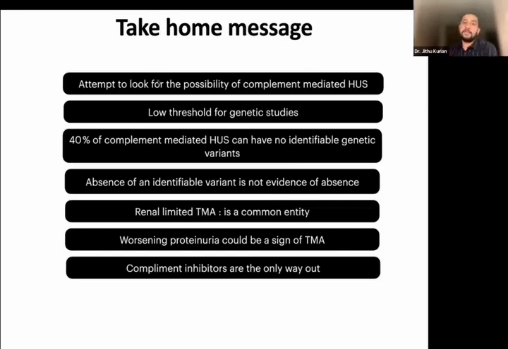So the take-home message here is that we need to look for the possibility of complement-mediated HUS in many malignant hypertension-induced TMA. We need to have a low threshold for genetic studies, and 40% of complement-mediated HUS have no identifiable genetic variants. The absence of an identifiable variant is not evidence of absence, and hence we need to look out for it. Renal-limited TMA is a very common entity, and we need to look out for the same. Worsening proteinuria could be a sign of TMA, and complement inhibitors are the only way